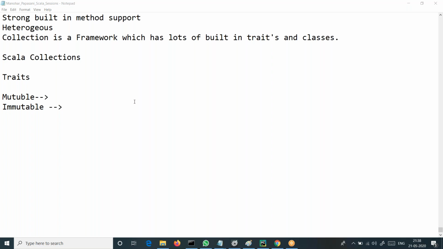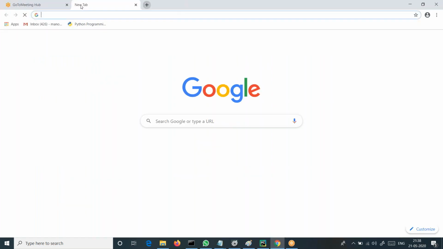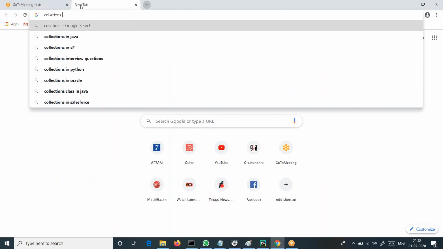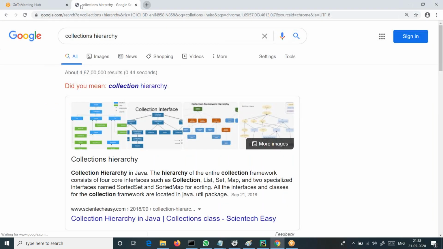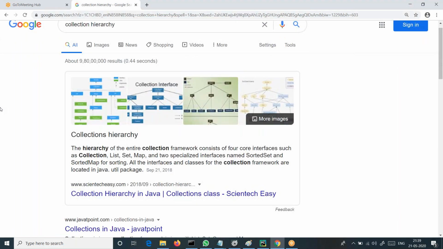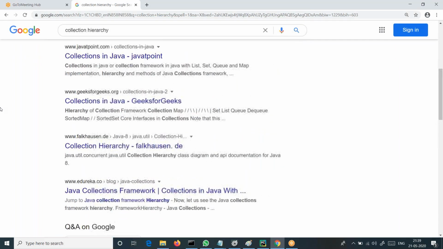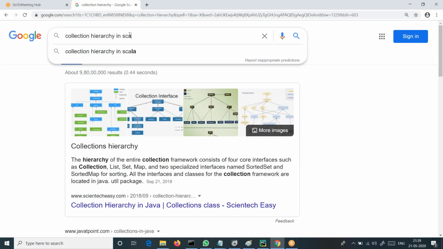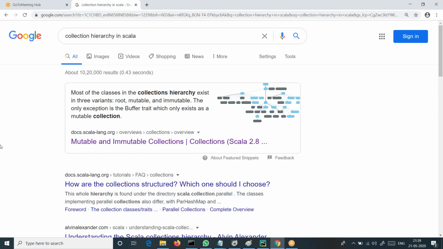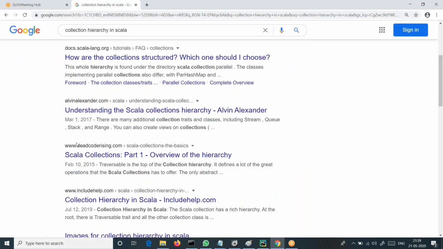So now let's get into a little more detail. Let's dive a little deeper into that. So, the collections hierarchy. We'll take one hierarchy first, so that we can then start discussing class by class. So probably the hierarchy in Scala, that will be better for us. Okay. First thing,